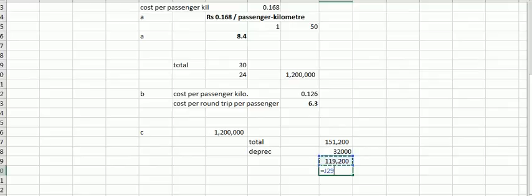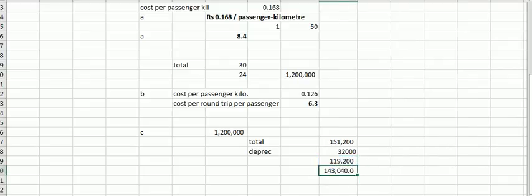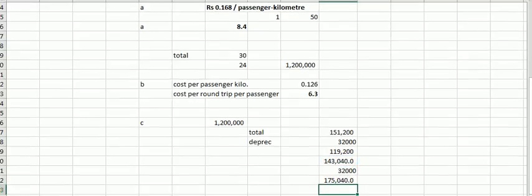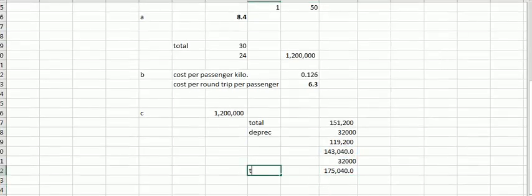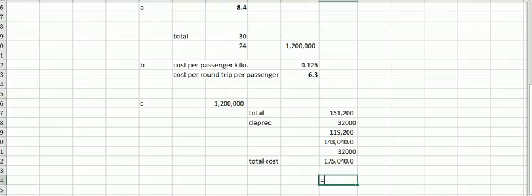Now if we increase this amount by 20%, it will be 119,200 multiplied by 1.2, which is 143,040. And obviously, since depreciation is also an expense, let us add it back. The new total cost would be 175,040. Dividing the total cost by the composite unit gives us